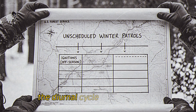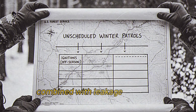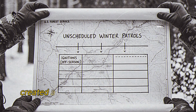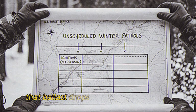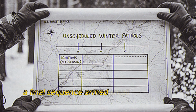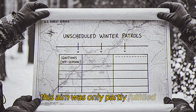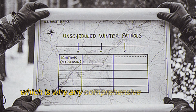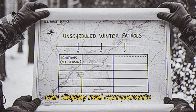The diurnal cycle of solar heating and nocturnal cooling, combined with leakage rates and turbulence, created a characteristic sawtooth altitude trace that ballast drops attempted to smooth. A final sequence armed small demolition charges intended to destroy the rig after the ballast was exhausted. This aim was only partly fulfilled, which is why any comprehensive museum exhibit today can display real components rather than